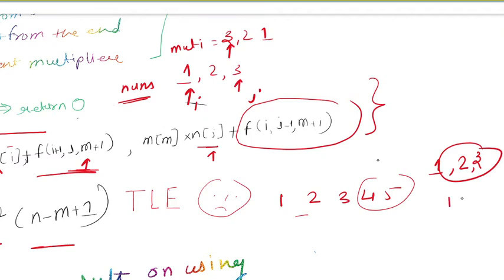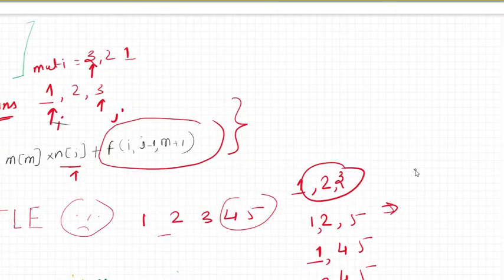Second case, 2 from the start, 1 from the end. This is the second case. 1 from the start, 2 from the end. And the third case would be 0 from the start. Actually, how many cases are there?